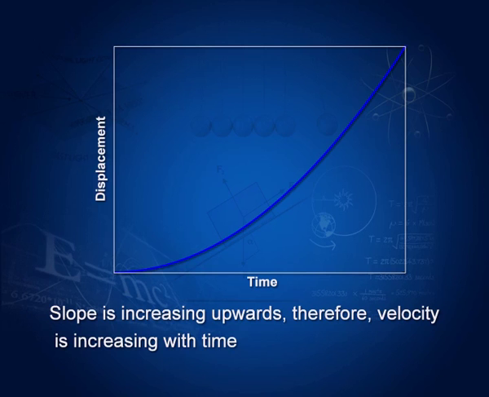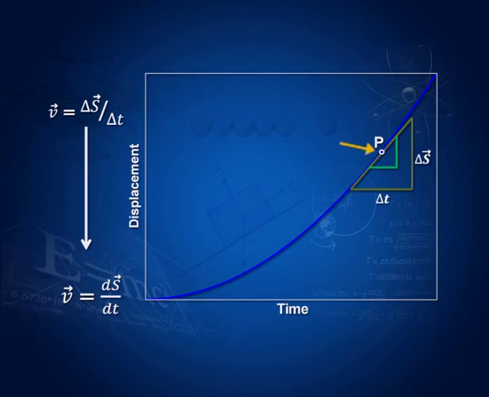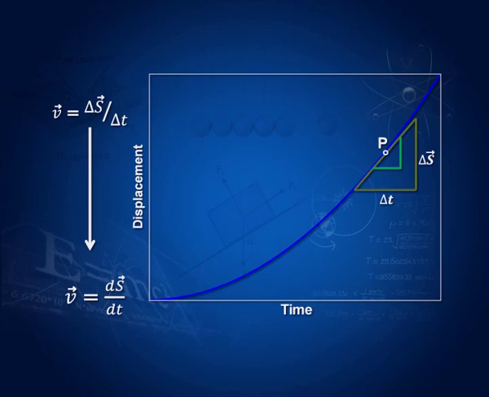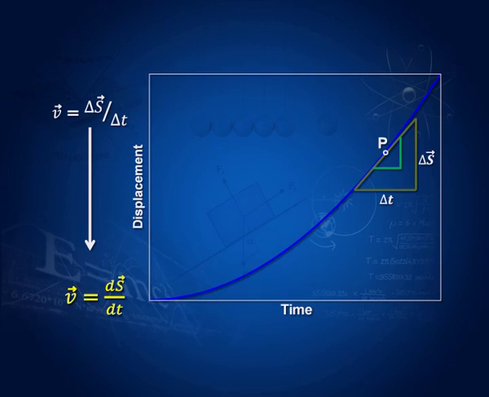Now, so far we have dealt with finite quantities, delta s, although small but finite, and delta t, small but finite. And let us take the point P on this curve. If we want to find out the rate of change at P, I draw a tangent to the curve at the point P, then I take delta s by delta t. I can take a smaller triangle delta s by delta t. If I want to find out at the point P, I will have to take a very small triangle, very small delta s and very small delta t. In the limit, this is called ds by dt.